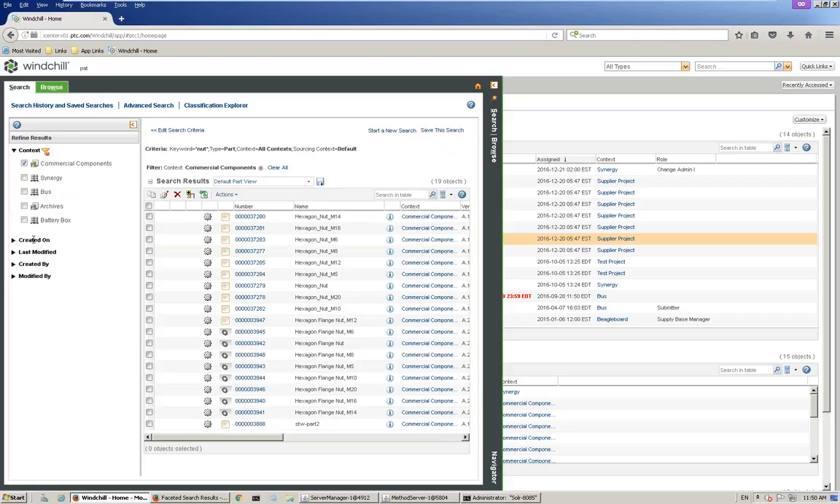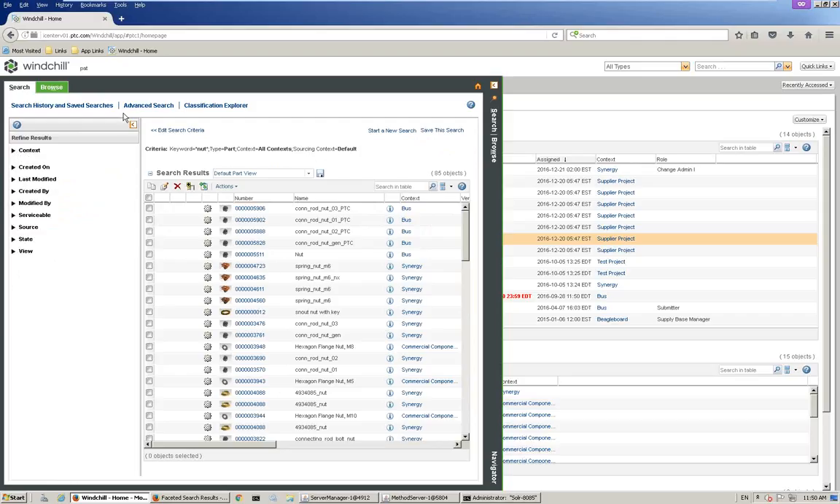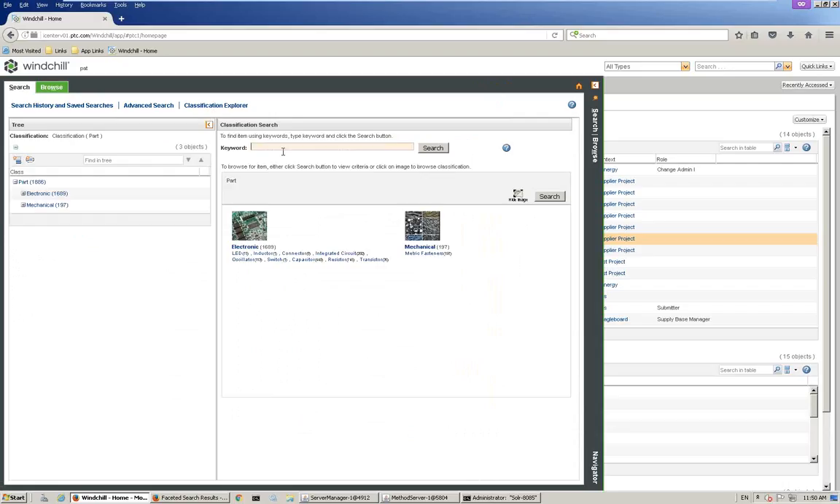And now from there, my filters are a little bit different. So I have created on, last modified, who created it, and when it was last modified. Modified by. So we have that information. But what I also want to be able to search by is I really want to search by the criteria of my information. So to do that, instead of doing my advanced search, I'm going to come over here to Classification Explorer. And then inside of here, I'm now going to do the same search